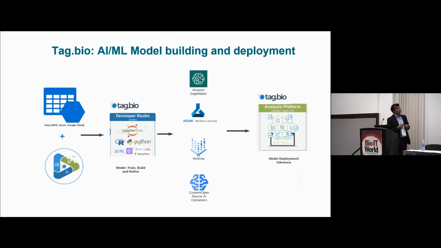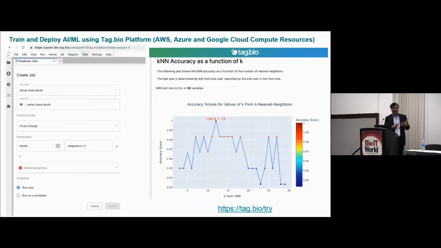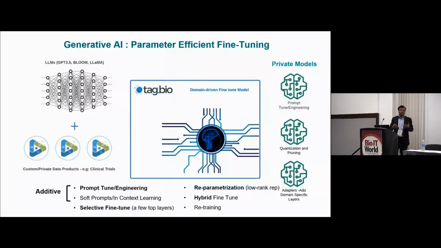Here is one example. For example, you can write a single Jupyter Notebook job, submit it now or submit it later. This uses JupyterHub. And then here is a KNN trained on one of the data sets for flowers, actually. As we go into this machine learning model, you can imagine